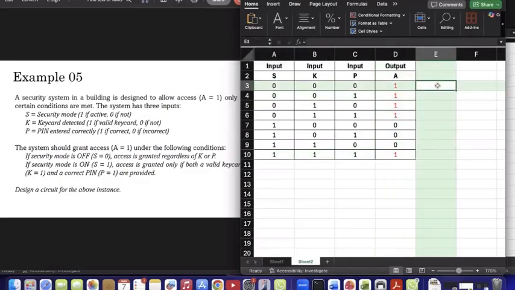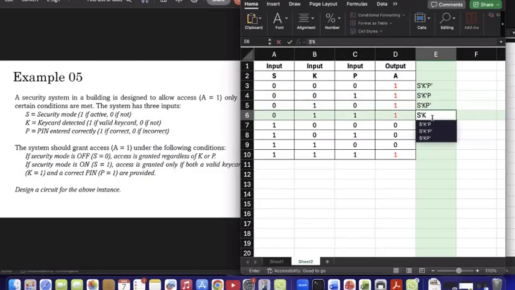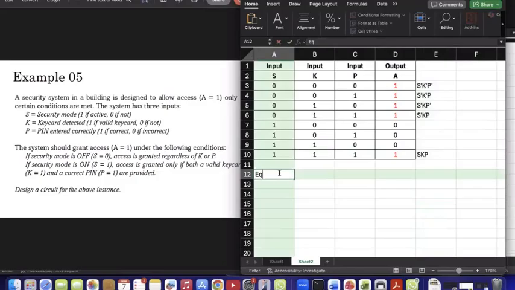So what is the product here? S bar K bar P bar. Here, S bar K bar, sorry, K bar P. This one? S bar K P bar. Here, S bar K P. Here, S K P. Now, if I want to put up the equation,